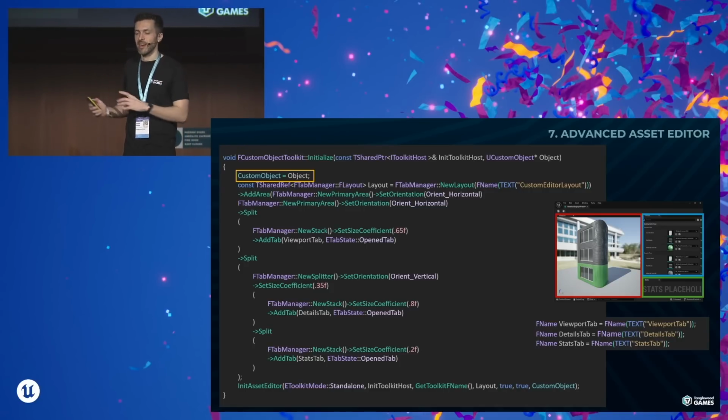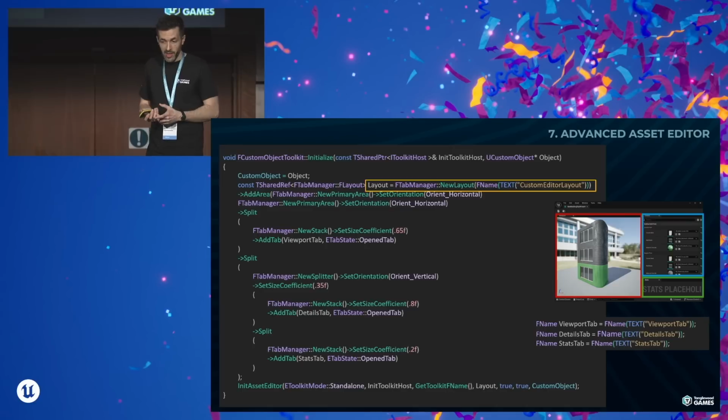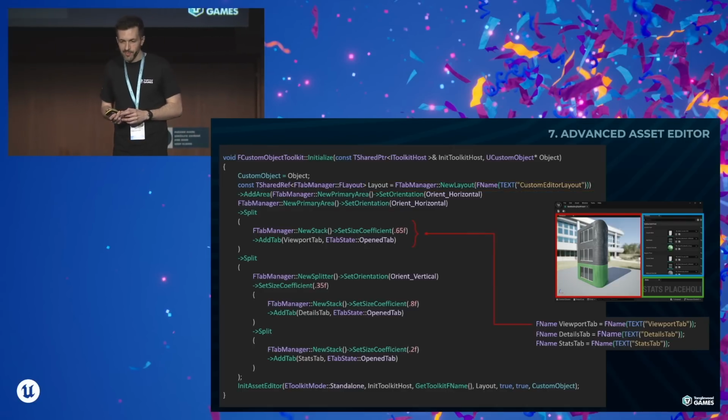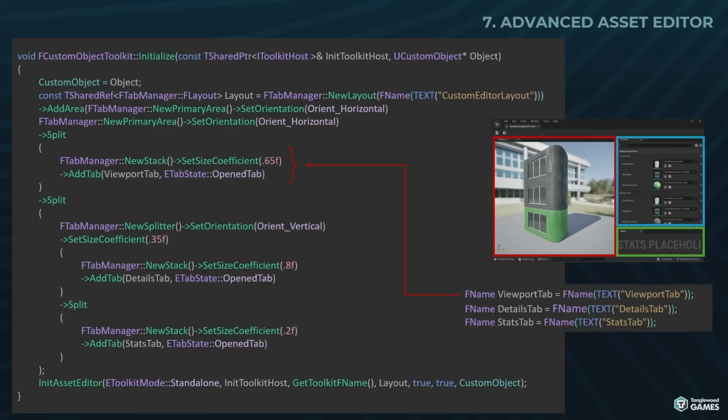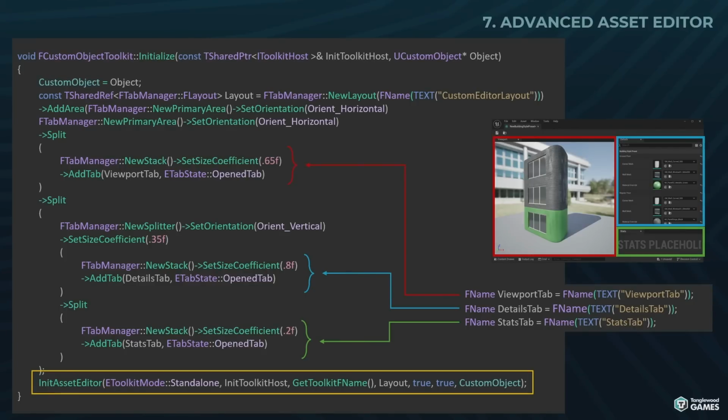We are basically defining areas and referencing those by name. So for that we use the layout, and we are just adding 3 tabs based on these names. So you can see how there's a very clear relationship between one and the other. And finally, we just call this internal function where we pass the layout and the object whenever this is actually